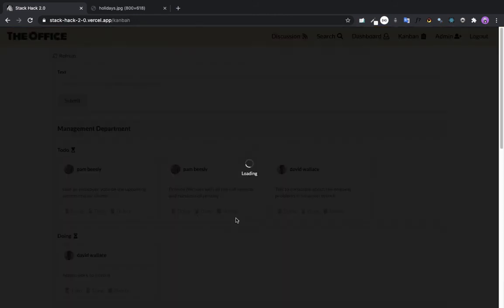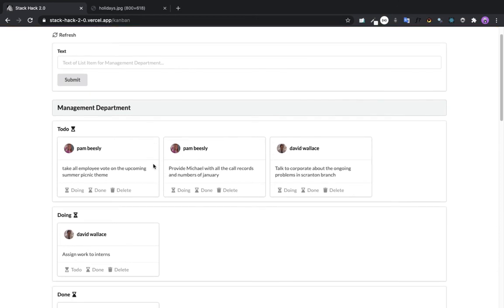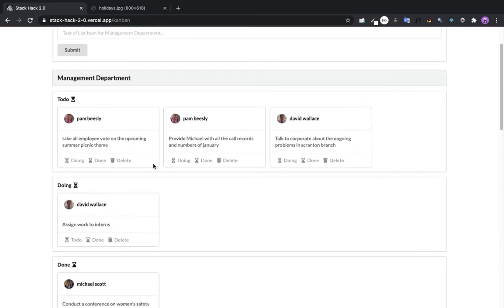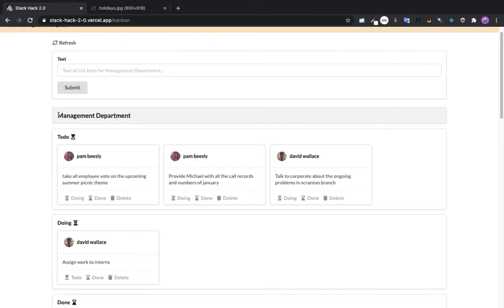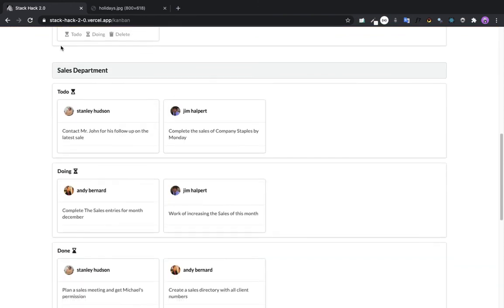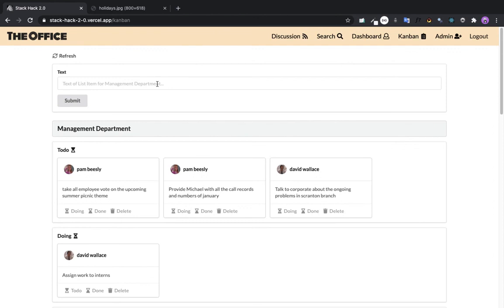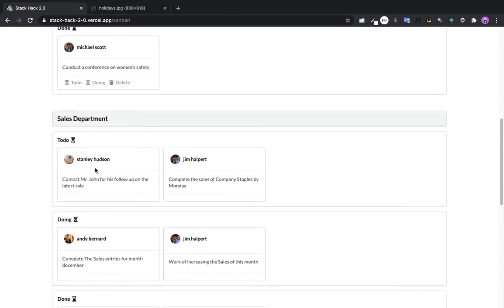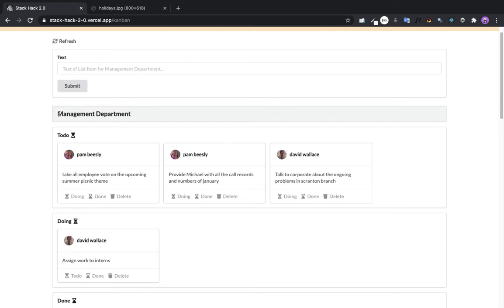The one more page which remains here is the Kanban page. Basically, a Kanban board is a board for goals for a particular community, and as I have divided the workforce into 3 departments, that is management, sales, and finance department. So what is happening here is the admin is able to access the Kanban board of all the 3 departments, but they can only manipulate their own department's Kanban board, which is the management here.